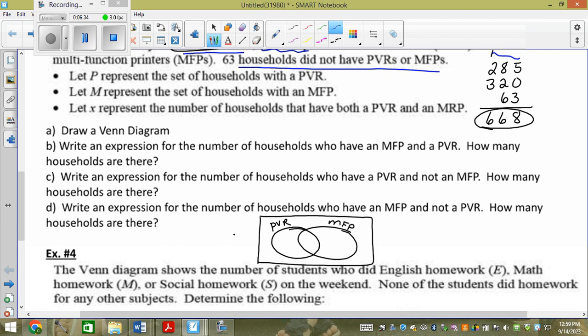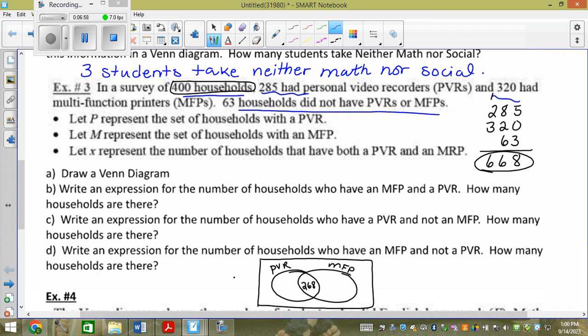268. And the reason why there's 268 is that is 268 more than 400 people that could be in those circles, right? The box can only contain 400 people. So if I add them all up and I take off the 400, I get 268. So then the PVR has to hold